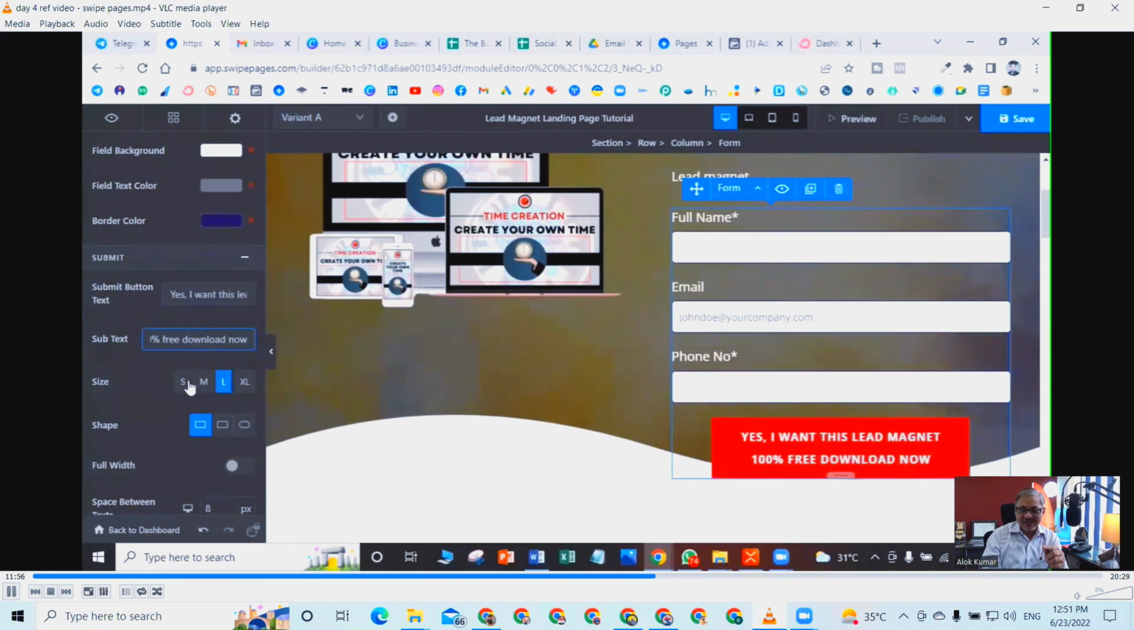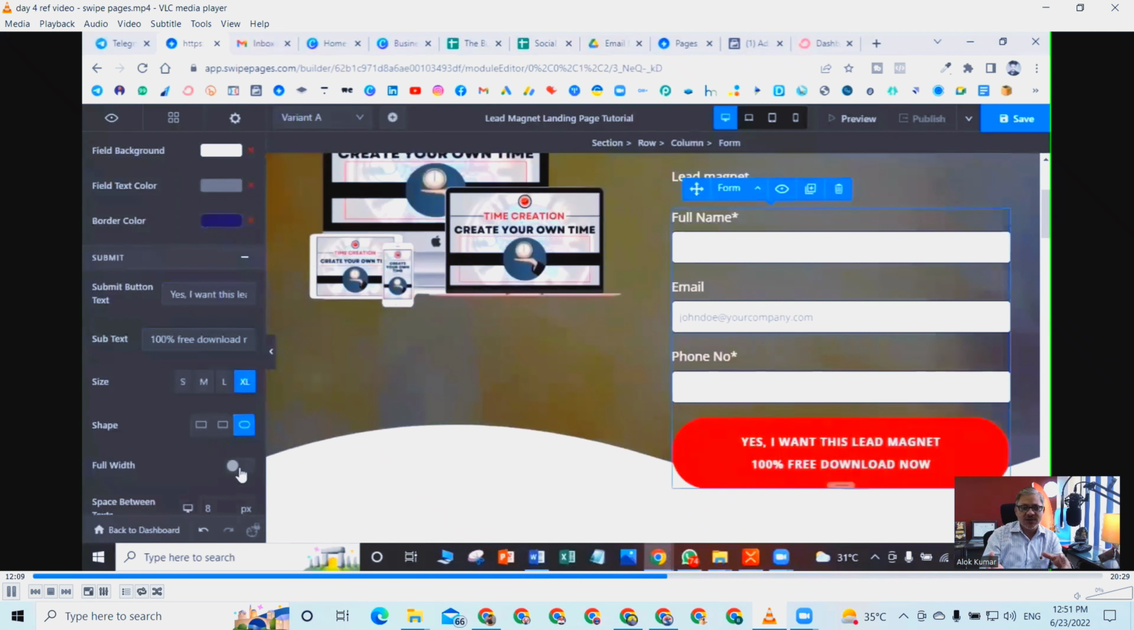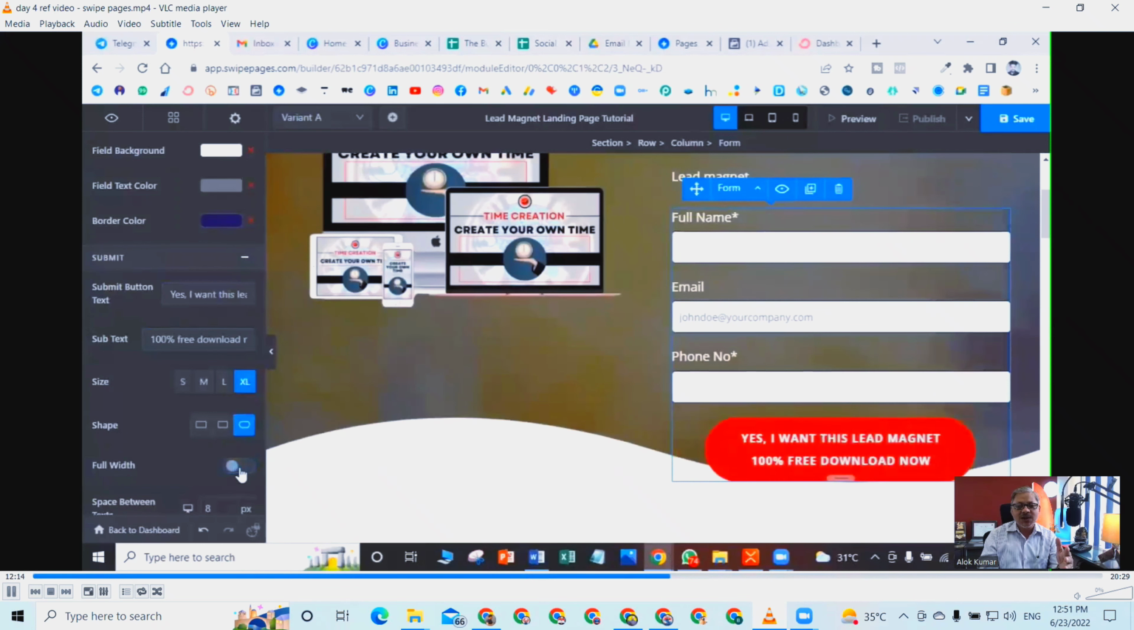So the heading, yes, I want this lead magnet, and the subheading, yes, 100% free download. And you can change the size, the shape of the button as well. Let's say this is a round button, it looks pretty. Now depending upon your taste and choice, you can put that. Now if you want to do full width,